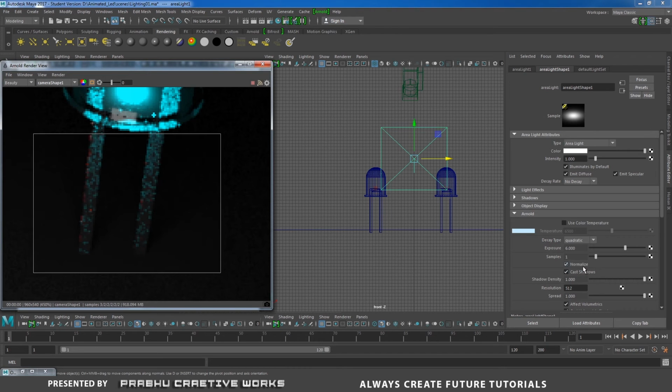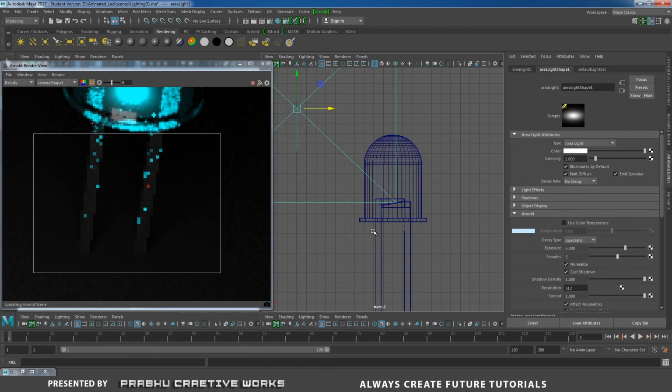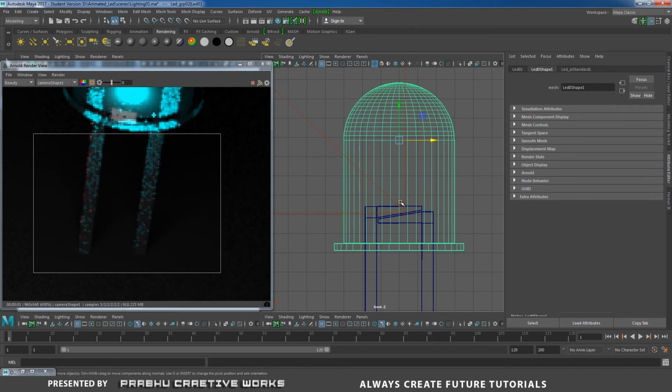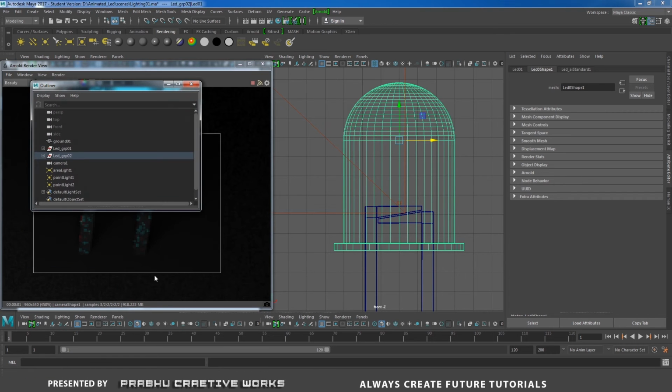Now when the area light is selected, you need to increase the samples in Arnold. I will increase my samples up to 5, so that means it will reduce a lot of noise over here. Now I want to reduce this reflection noise. It is caused by our LEDs, so I will select my point light.